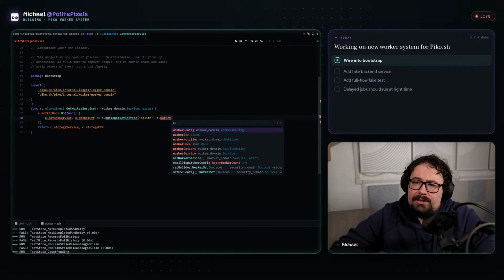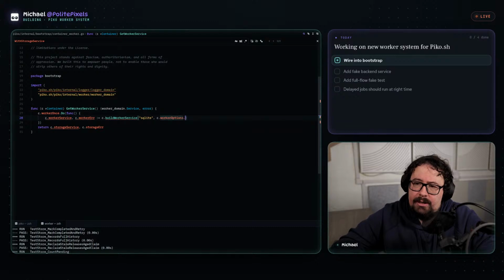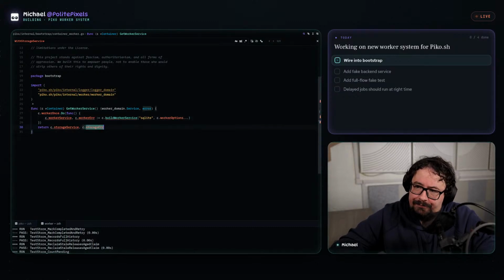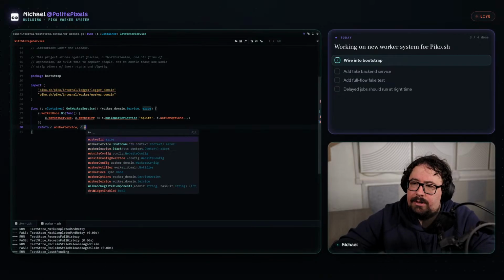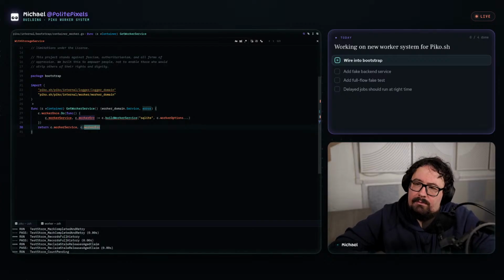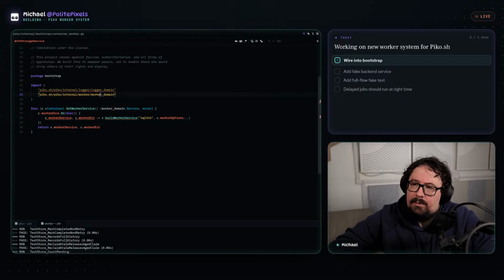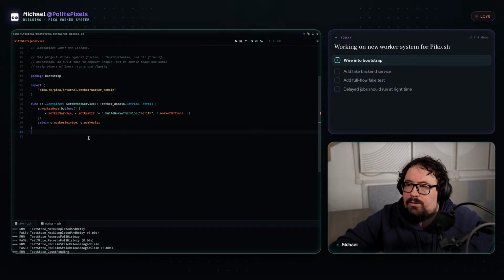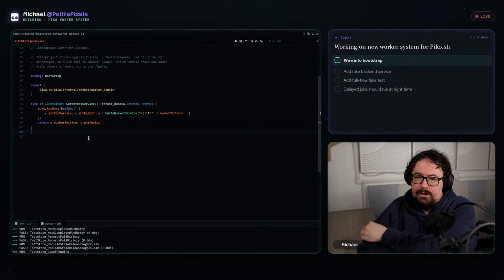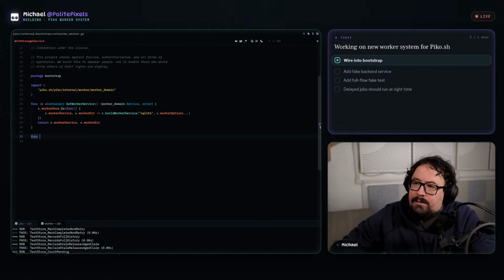And then we could pass in our worker options, and then if this has been done, we'll just return worker service and worker error. And we wouldn't need the logger yet. So we're going to have to implement this build worker service method.